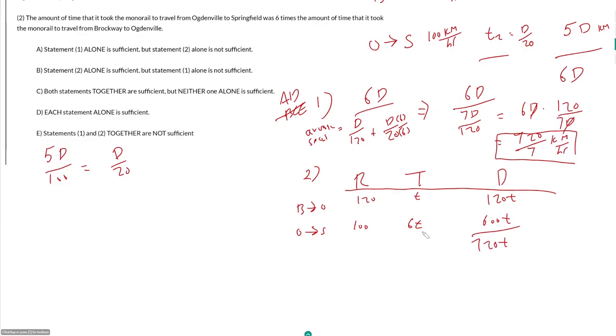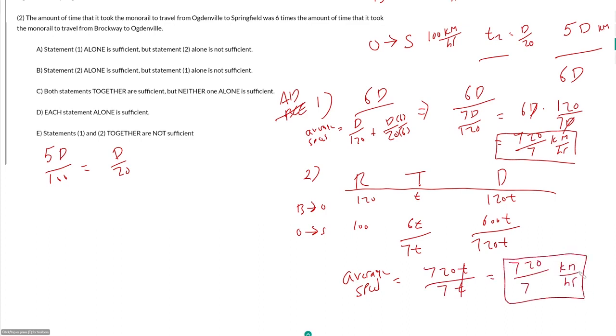And so here our total distance is 720t, our total time is just 7t, and therefore our average speed is 720t all over 7t, which is 720 over 7. Same thing we got before. Note that for each of our statements, we did not find the actual value of our total distance or our total time, but we were able to find the total distance over our total time by getting one in terms of the other. The answer here is